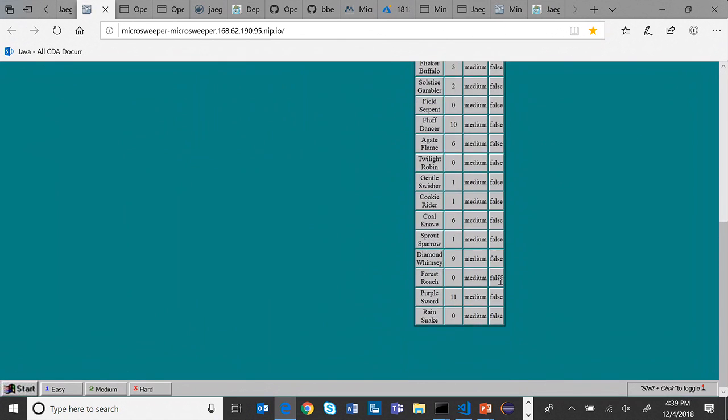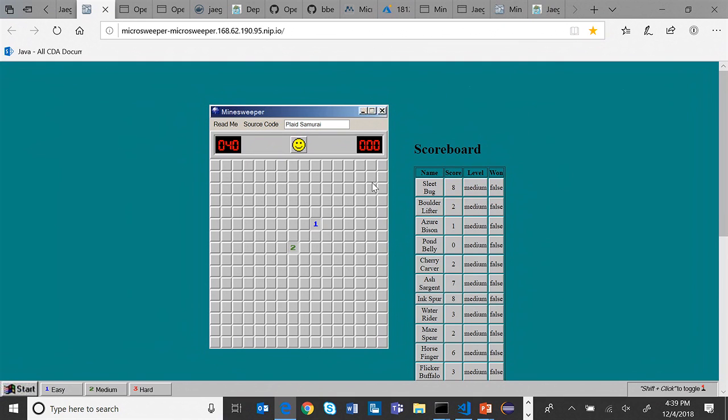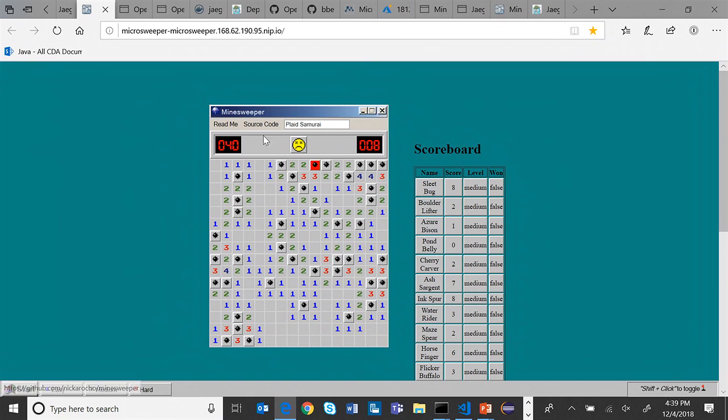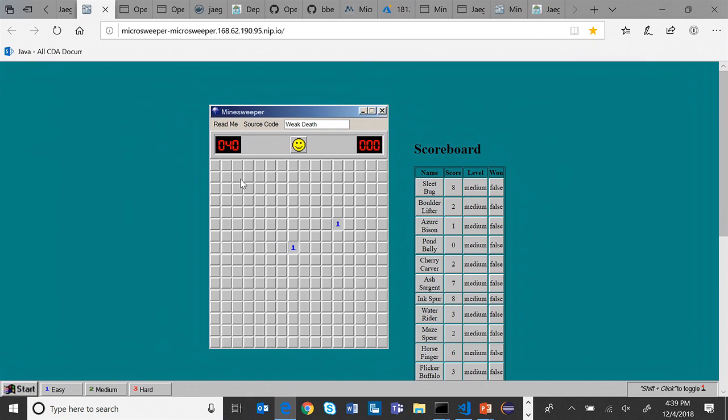And as you can see here, we've been playing it a few times, trying things out. But this is the actual OpenShift. So this is MicroSweeper, and this is actually a live IP address out there. So people can go there right now. They can go and play it right now if they want to. And basically, when they hit that,